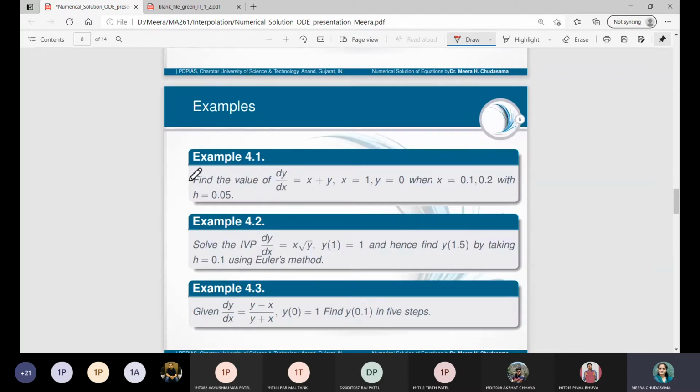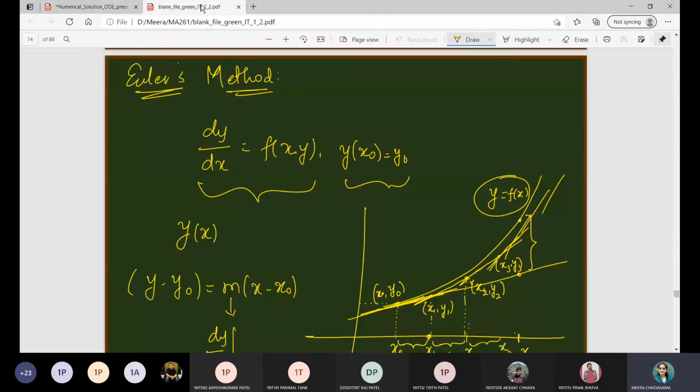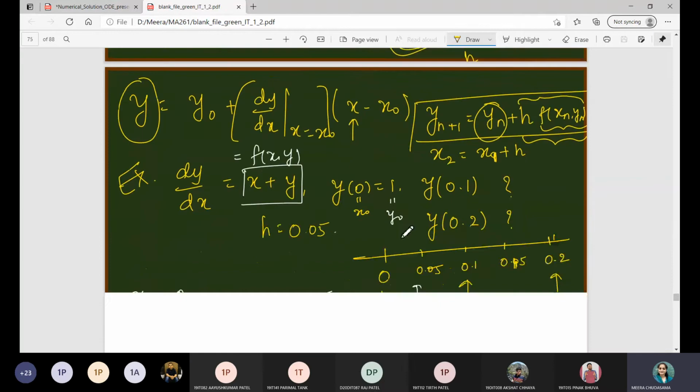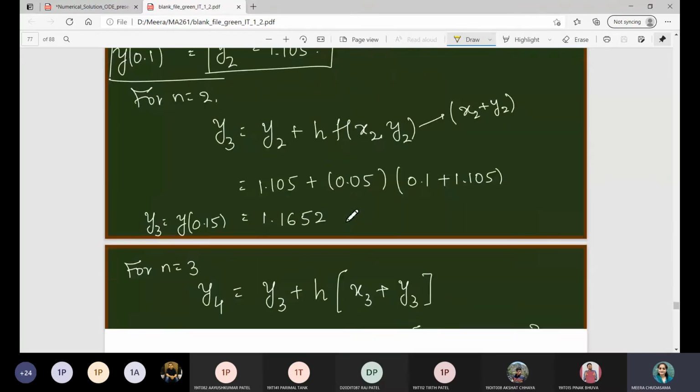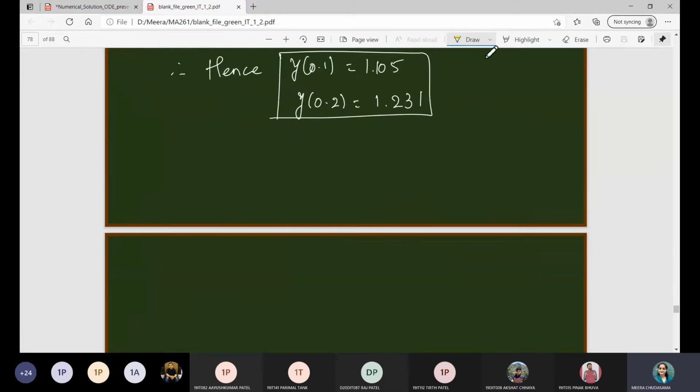The first example I have considered is a linear differential equation. We have actually seen its solution via the analytical method and the Taylor's expansion as well. So let me start with this today. You have to remember that yn plus 1 is given by yn plus step size h into the function at xn and yn. I will write it over here. This is the Euler's method we considered in the last class, and this is what the example was.